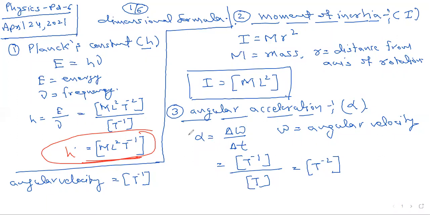Someone may ask you, write down two physical quantities which are having the same dimension formula and the same physical interpretation. So you may write work done and heat, kinetic energy and potential energy. If someone asks you, write down two physical quantities which are having the same dimension formula but different